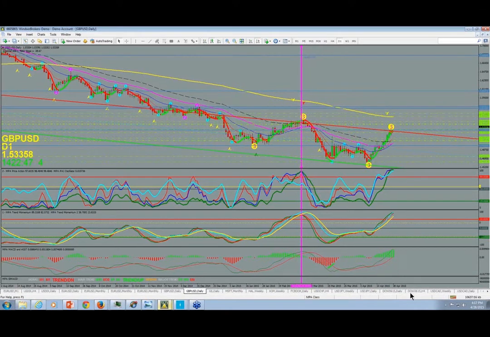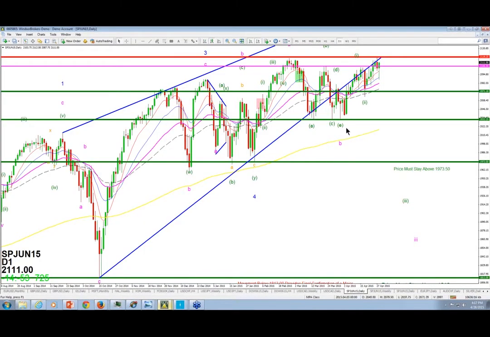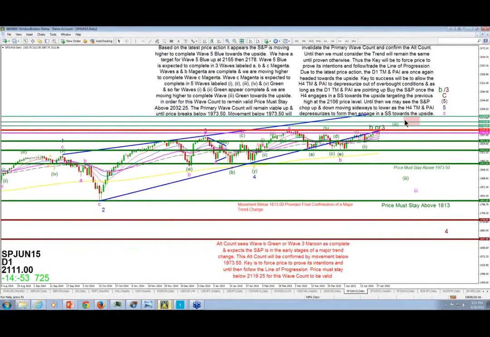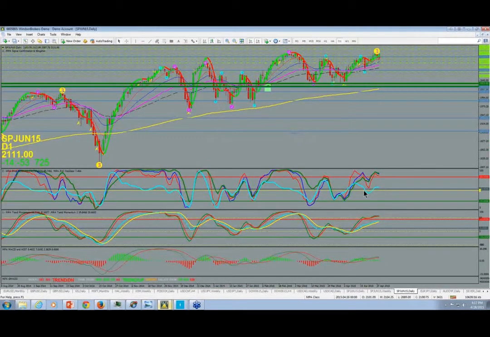Now, S&P. Everyone likes to trade the S&P. Those of you that trade E-minis, you've never seen anything like this software in trading E-minis. Those guys that trade E-minis get a point or two on the S&P movement, and they think they died and went to heaven. Well, based on this, we have trade alerts that we send out. We tell you exactly what to do, when to do it, buy, expect it's going to go higher. Price is going higher as long as we stay above our critical support levels, and we follow the line of progression. Our daily slingshotted higher, and that was one from our trade alert,